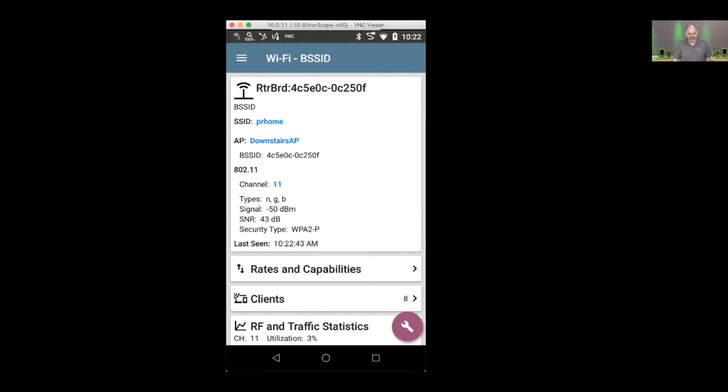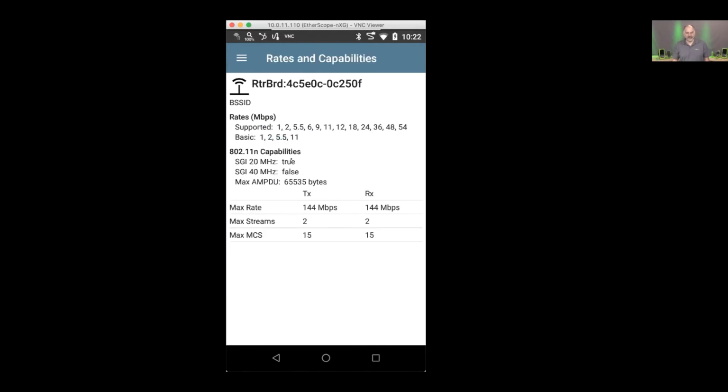I'm looking at. Now, we could come in and for that device, I could say, I'm interested in the rates and capabilities. So, what's my guard interval on there? What's my max data rate? What's my modulation and coding scheme for that particular device? What rates are supported? So again, if we're only getting a certain speed out of our Wi-Fi network, there's no mystery to why we're getting that. We can come in and use the EtherScope nXG to make sure that that particular AP has been configured exactly the way we expect it to be. And if it's not, then we can go in and make some changes and use this as a way to